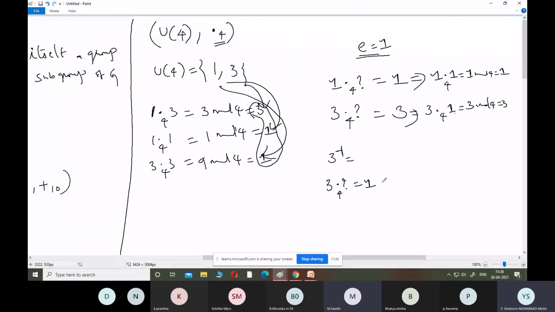3, ma'am. 3, very good. 3 into 3 modulo 4 is nothing but 9. 9 modulo 4 is nothing but 1 for us. So 3 inverse is 3 for us. Now in the same way,